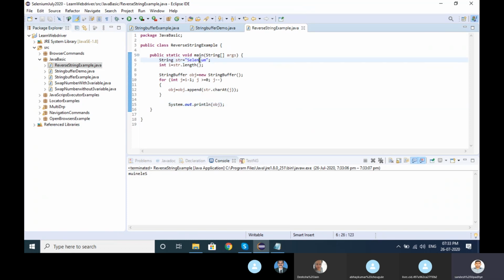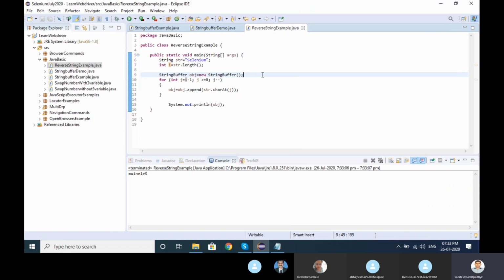Firstly, we store the name Selenium into one string as str. Then in integer i we take the length, so it is stored into i. Using StringBuffer or StringBuilder, you can use any class here.